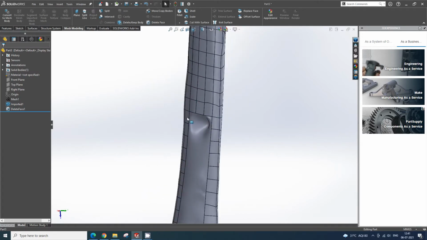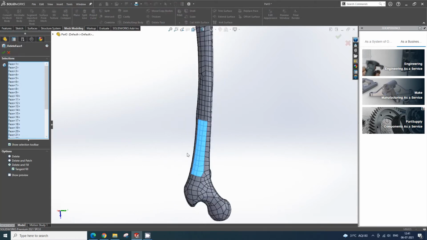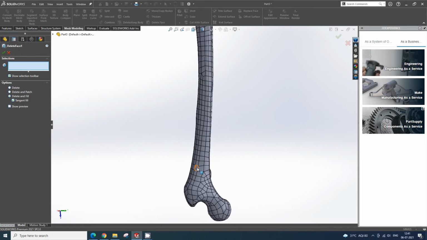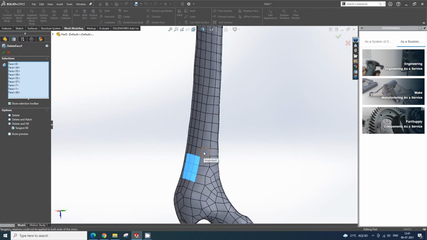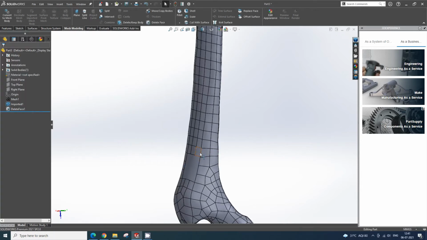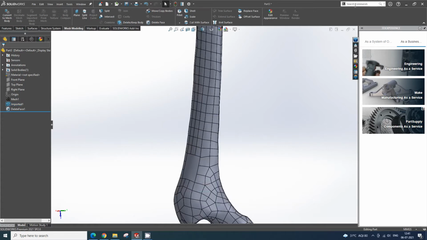So we have to make small selections of it. So we'll edit this and remove some of the faces from its selection. Let us only pick a small collection of faces like this and I'll click OK. Now you'll see this surface is created properly. So likewise we will create small patches of those surfaces and finally patch them up.